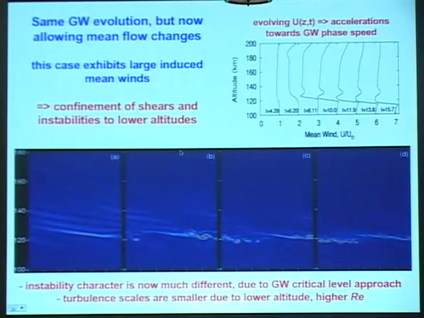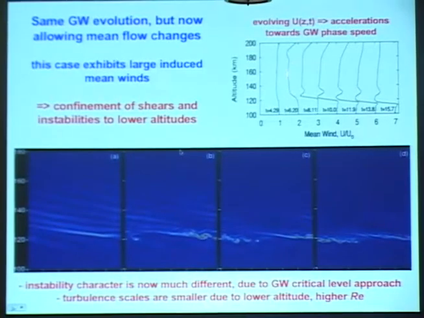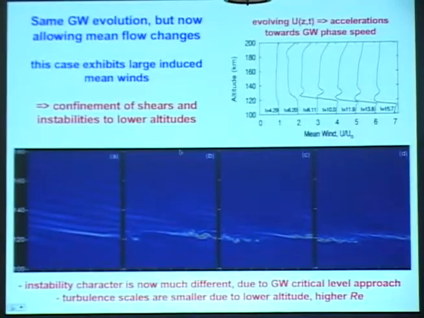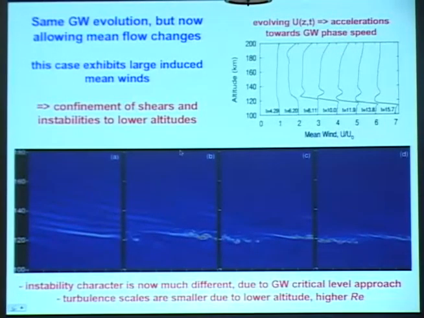So what happens now if I do not make that naive, put the blinders on, and assume everything is well, that the mean flow does not change? Because again, self-acceleration is going to be very important in this case. If I now allow the mean flow to change in response to momentum transport by the gravity wave, and I show a time series of the evolution of the mean flow at upper right here, the leading edge of the wave packet has momentum flux. It contributes to transport, and it contributes an acceleration of the mean flow at the highest altitudes first towards the direction of wave propagation. So that changes the environment of this excessive wave packet, and that causes a rapidly descending